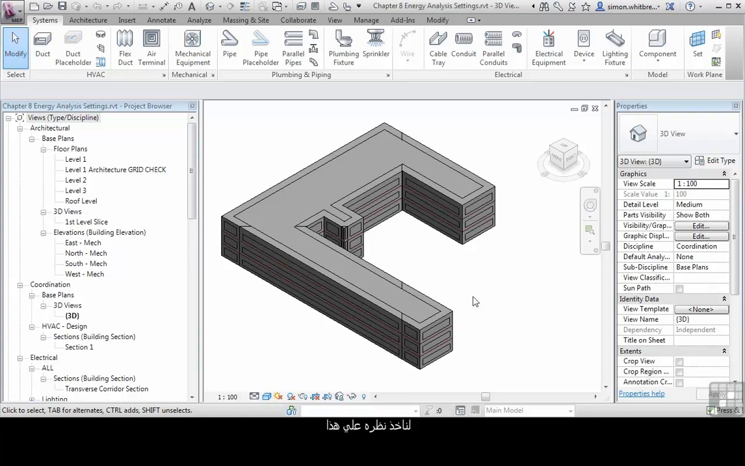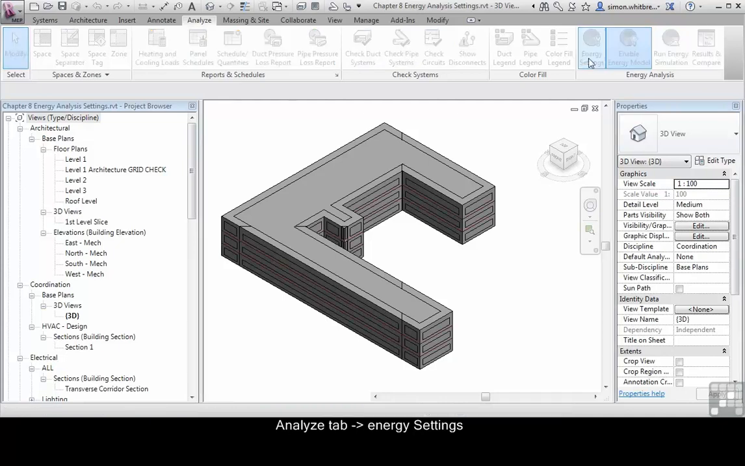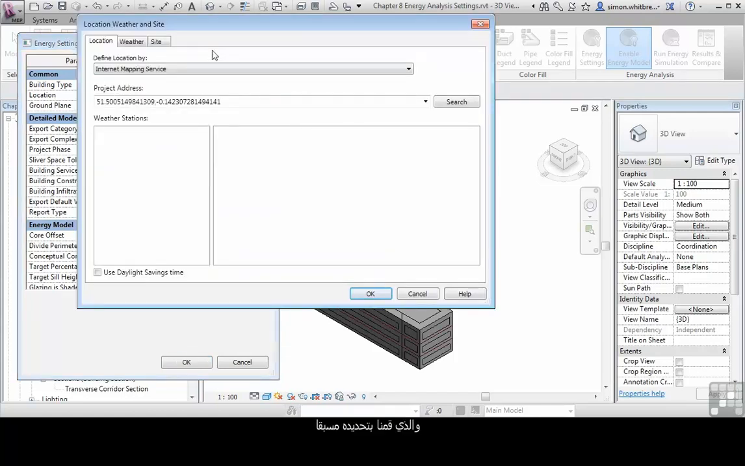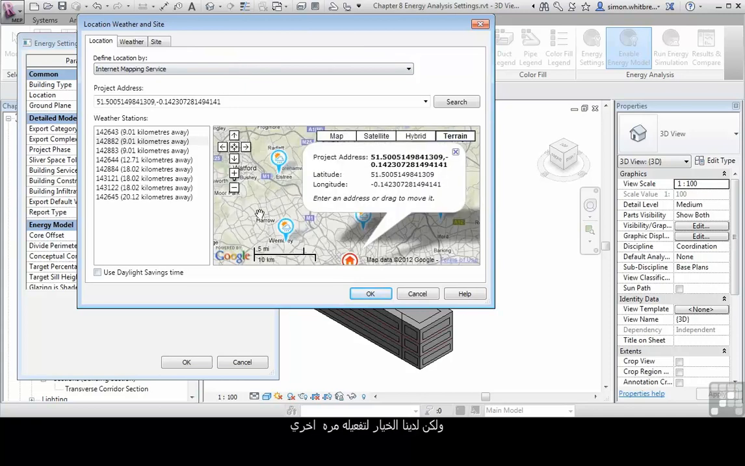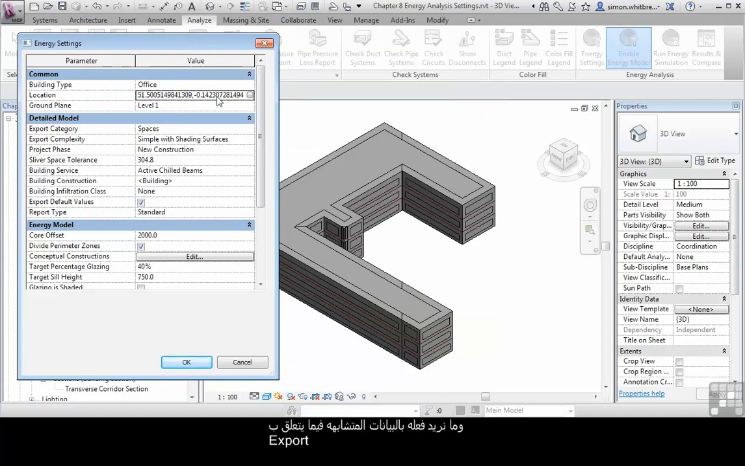So before we actually perform any energy analysis, ideally we'd like to take the time to make sure the settings are correct. To take a look at this, click on the Analyze tab and then on Energy Settings. Here we can define the building type, its location, which we've already defined, but we have the option of defining it again, the ground plane, and what we want to do with some of the data regarding export, how we export that data, the project phase, as we might have phased the project, the sliver space tolerance,